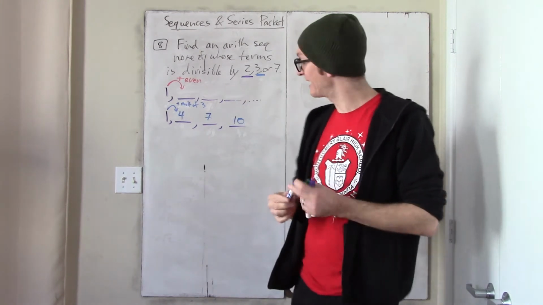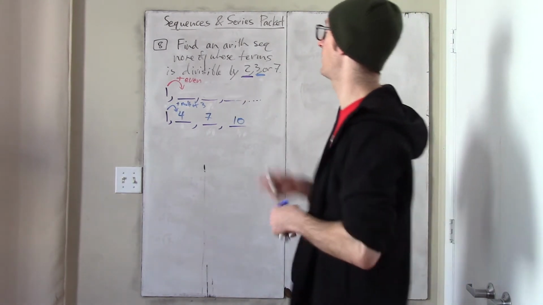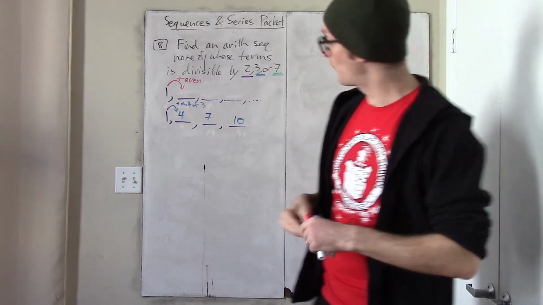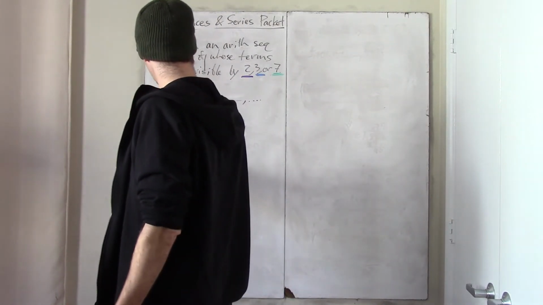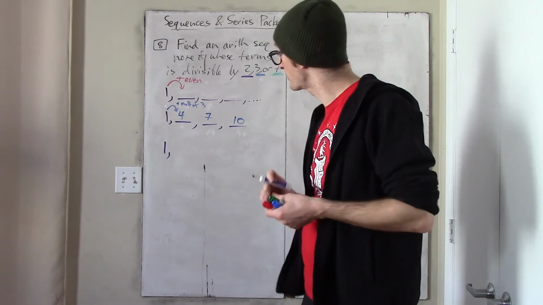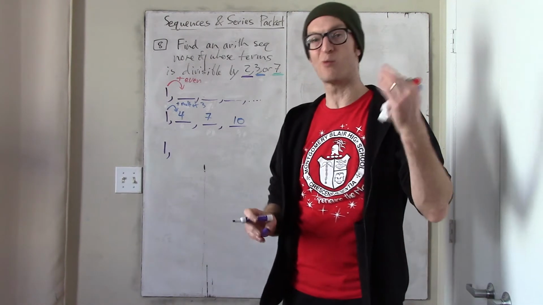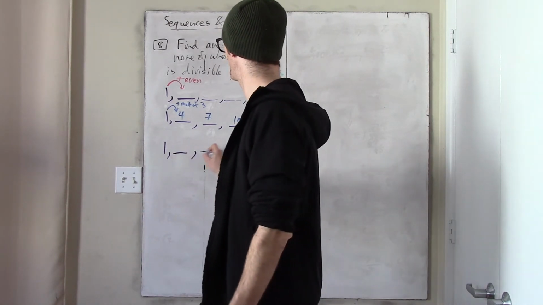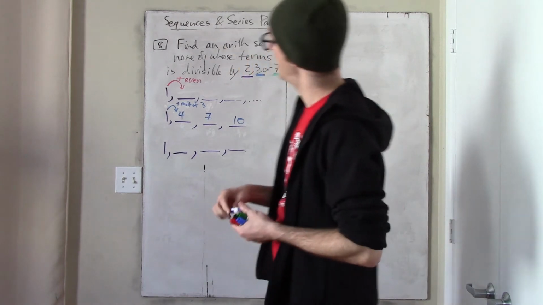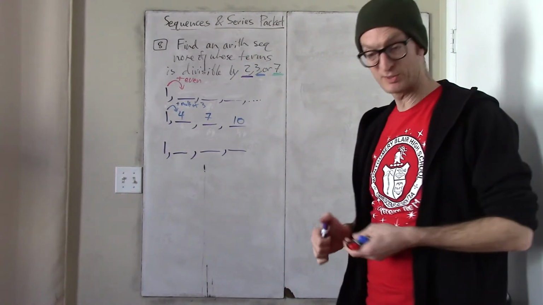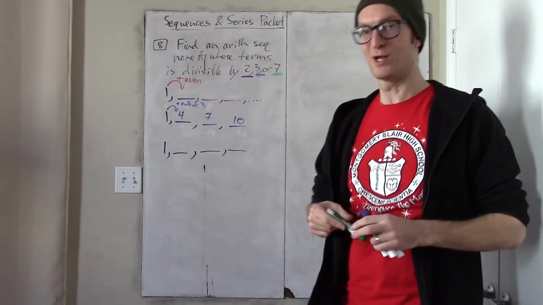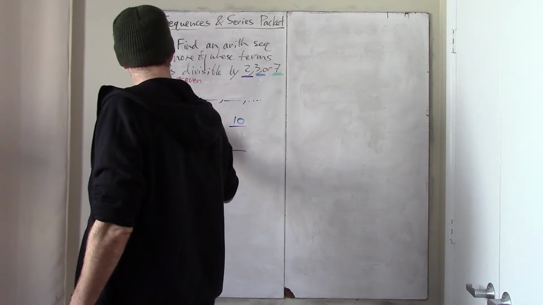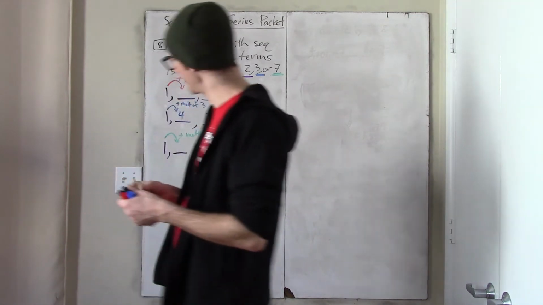Okay, I hope you get this now, because there's one left to do, which is I want to make sure that my sum is not a multiple of 7. How am I going to do this? Start with something which is not a multiple of 7, say 1, although there are of course lots of numbers. And how do I ensure that none of the numbers in my sequence is a multiple of 7? Well, just add a multiple of 7. So if I add some multiple of 7, say, how about 7 itself,